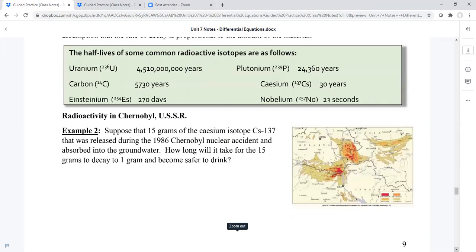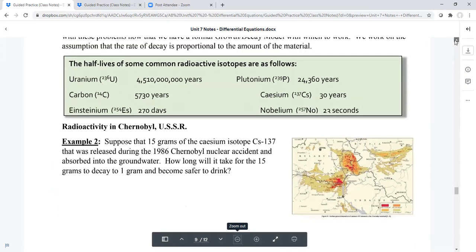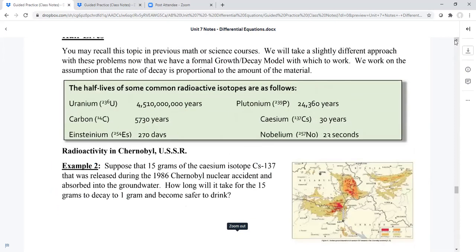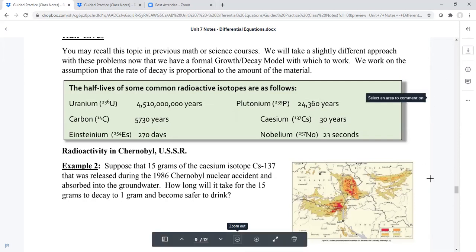Half-life. This half-life, if you've had any chemistry, you probably already talked about before. But half-life is how long it takes different isotopes to decay to half of what they have. So like uranium-236, that's the number, 236U is the name of that one. It takes 4,510,000,000 years for it to decay, and all these other things. It tells you how long it takes to do a half-life. So we're going to use the half-life information on those to solve these problems down here below, at least for